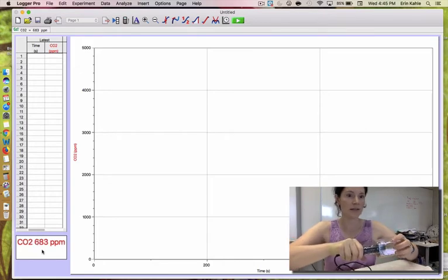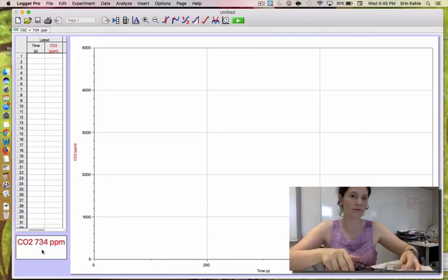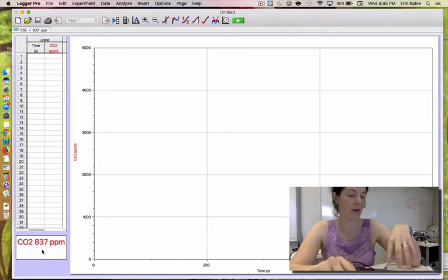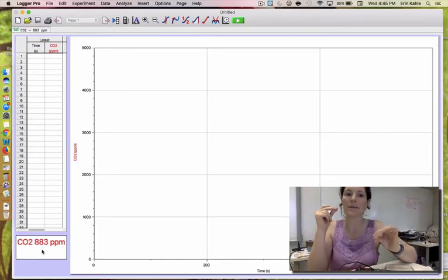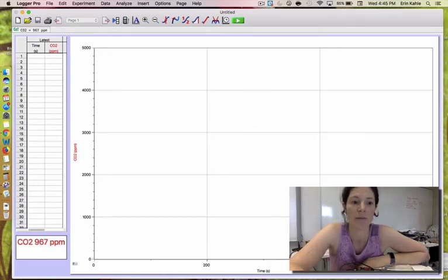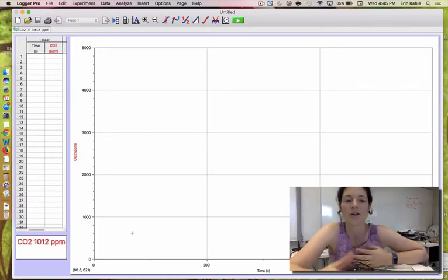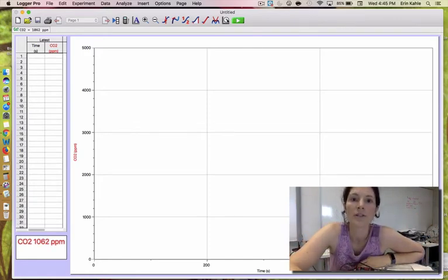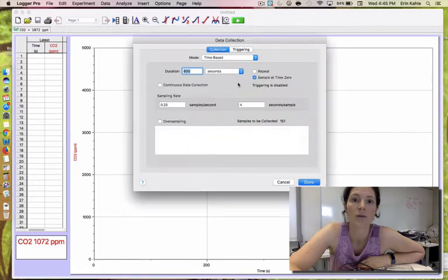This will tell you the concentration of CO2 in the bottle. Be prepared, the sensor isn't something that reacts automatically. You're not going to measure the concentration every millisecond or something. This little clock will tell you how long you're going to measure, and this is set to 600 seconds. But if you say, I want to measure for 3 minutes,